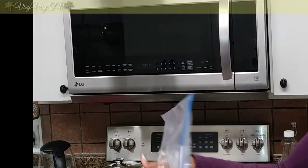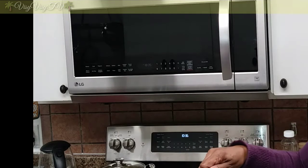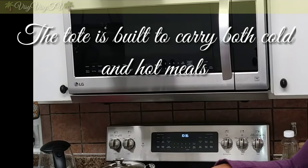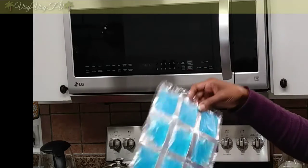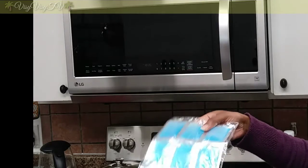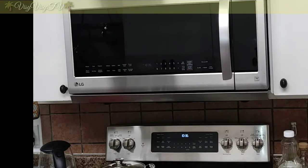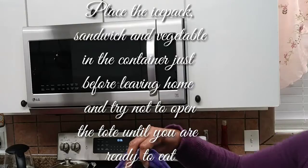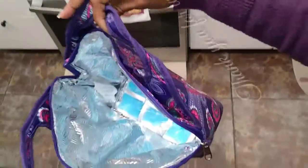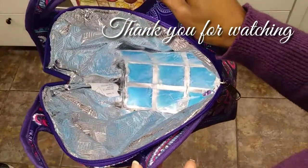So for the sandwich, you're going to need that lunch bag that has a cold pack like this. I just put it in a Ziploc bag, because I think it stores better in a Ziploc bag. This came with the bag, or you can put some ice packs in there. And what you're going to do is, you're going to just place the ice pack in the bottom of the bag. Let me give you a closer look. See, put the ice pack in there, and this should keep your sandwich